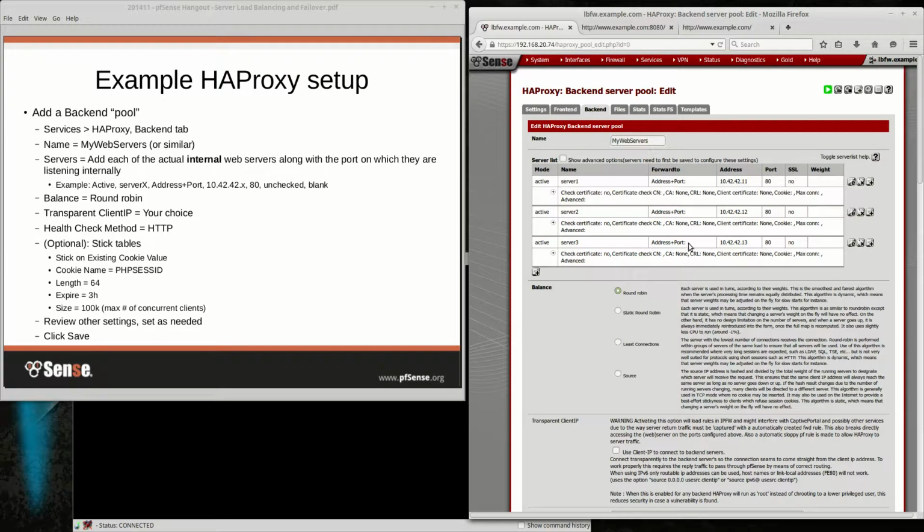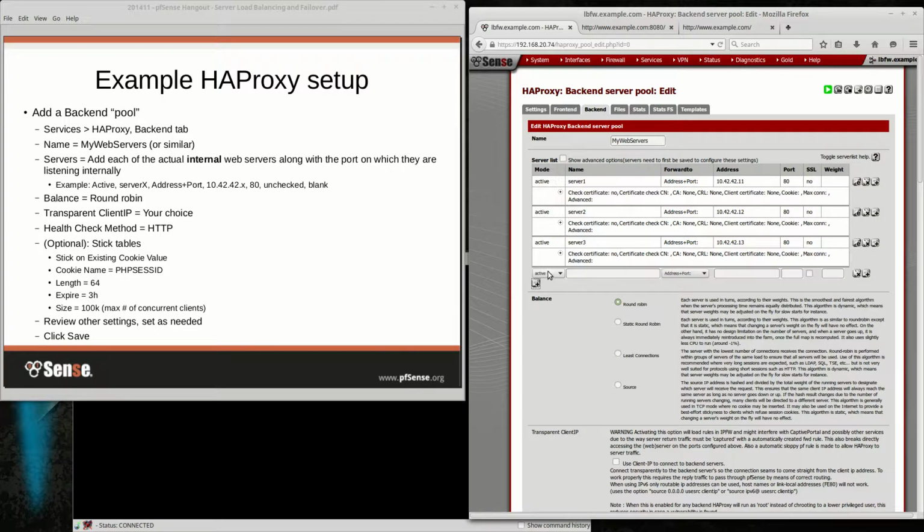The server list here, as you can see, if you hit plus, you'll have the same options here. My mode is active, or you could have some other states here if you like. This is just a simple name for the server. I just use server 1, 2, and 3. Use address and port for that.